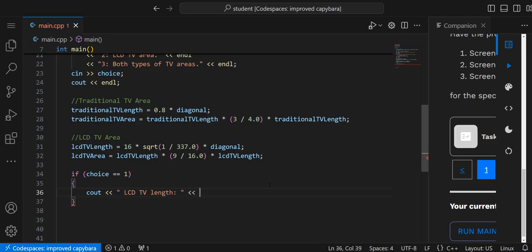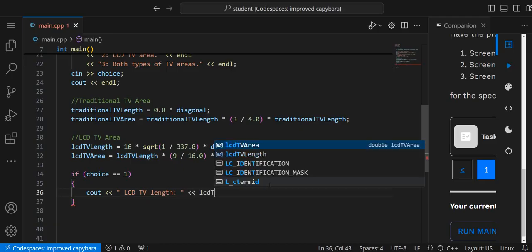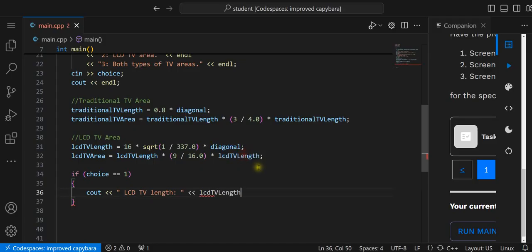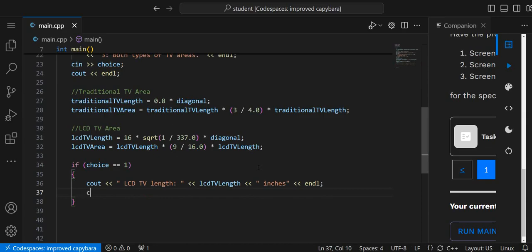TV length. Put it in inches, like I mentioned earlier. Space inches. And we'll cout